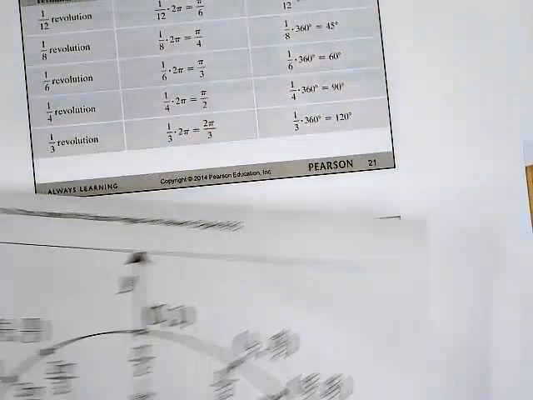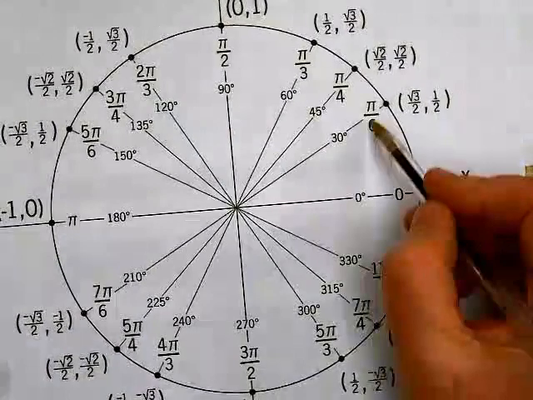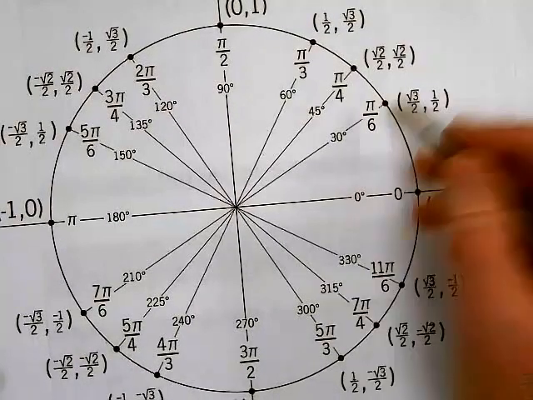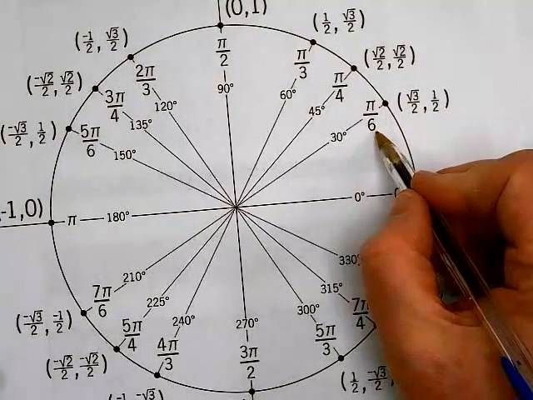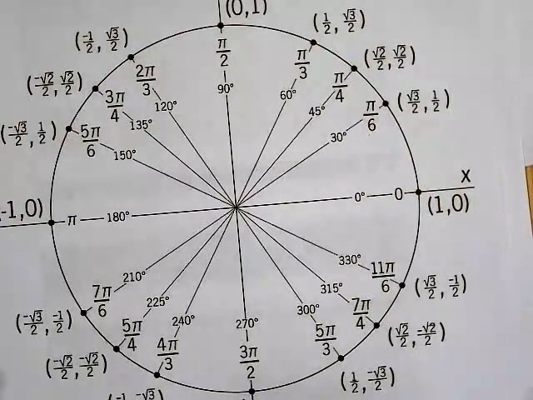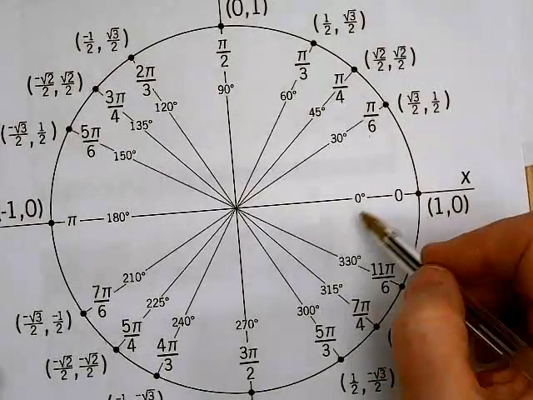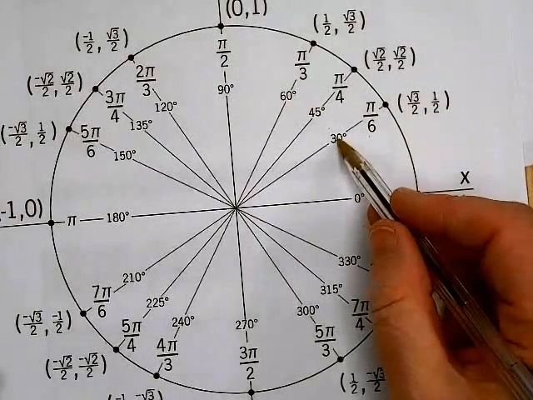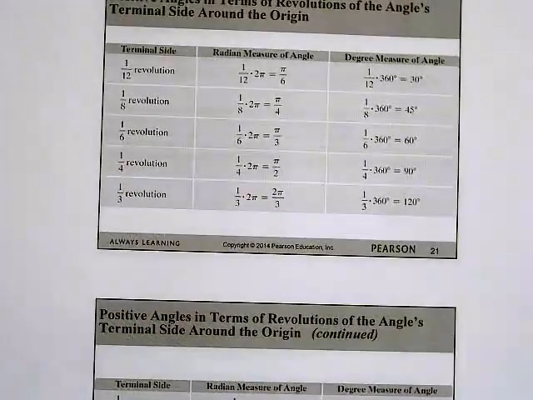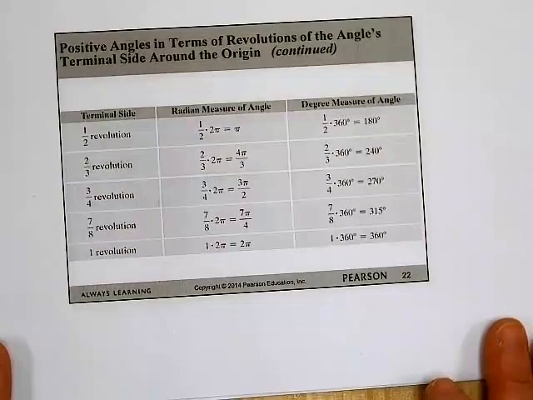These charts that you see here, 1/12 of a revolution is pi over 6 right here. There's pi over 6. If you think it's important to know it's 1/12 of the revolution, then you can write that in. It's probably not going to show up on any of your unit circles. But you know that there's 360 degrees, and if that's 30 degrees, you know that that is 1/12 of that. So this chart, if you want to stop the video and copy down the chart, it just goes over some of those major angles that you're going to find on